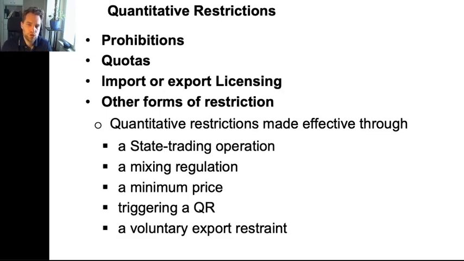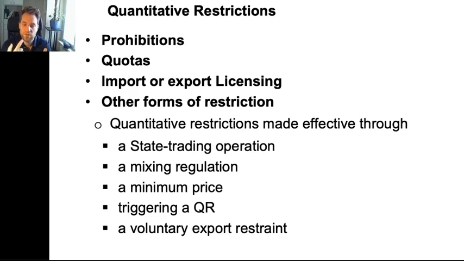First, what is a quantitative restriction, or as it is commonly abbreviated, a QR? Prohibition, so an outright ban on the importation of specific products to its markets, or quotas, a maximum quantity, a maximum number, a maximum other unit of measure of products that may enter a specific market. In this regard, what is also important is so-called import or export licensing, so the licensing scheme to allow a certain maximum number of products to enter a given market, and there might also be other forms of restrictions in